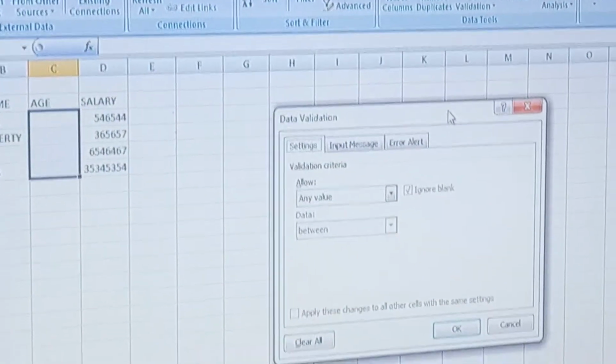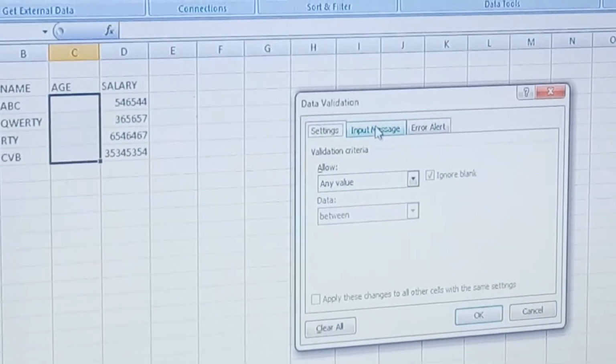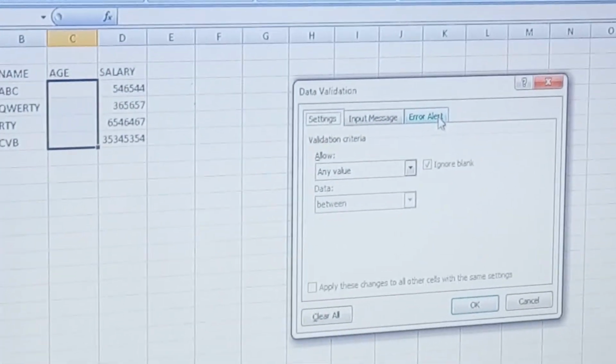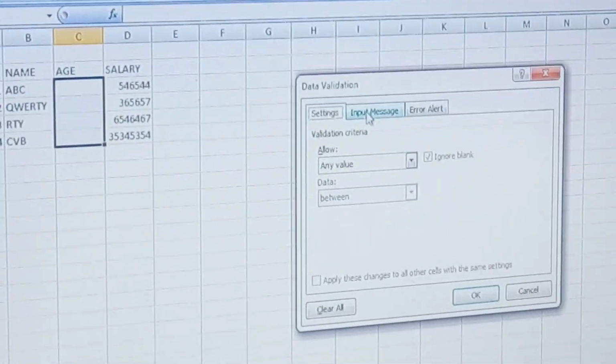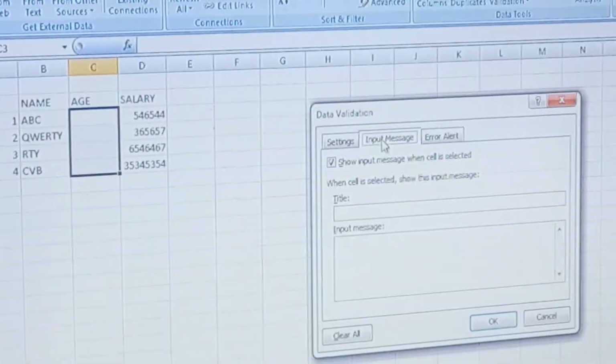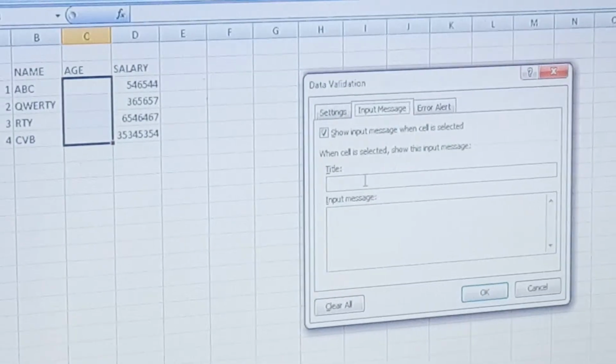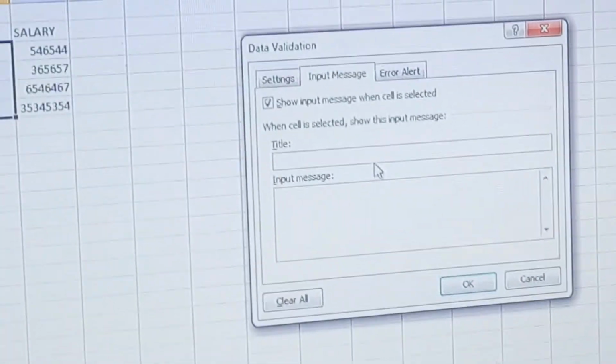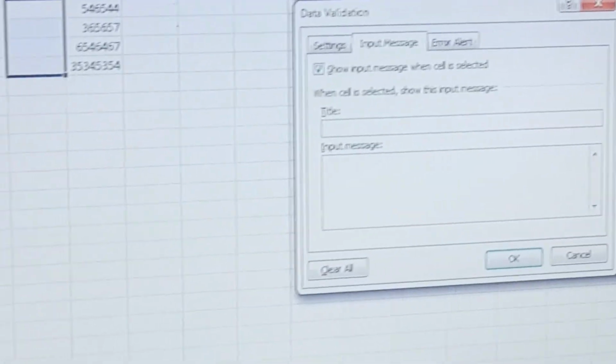Here are the tabs: settings, input message and error alert. Number 1 is input message. Suppose I want to enter an input message here, which will appear when you type a value in age.